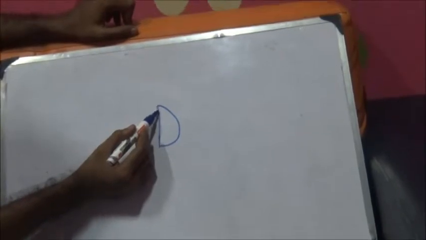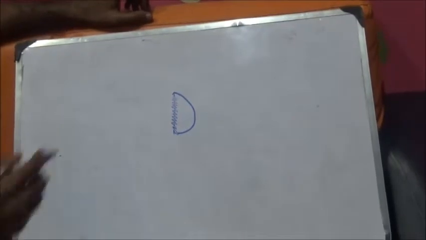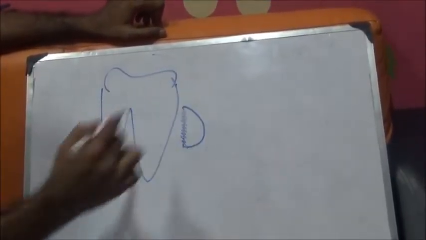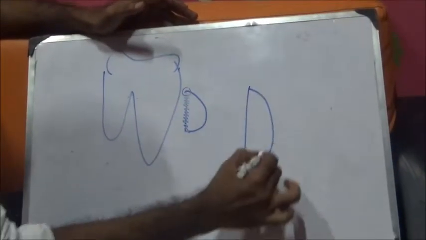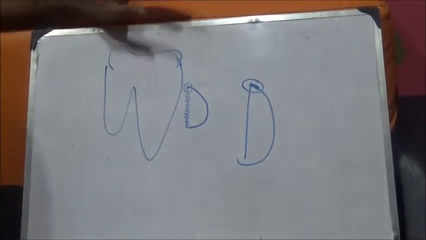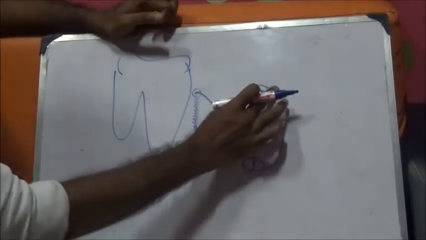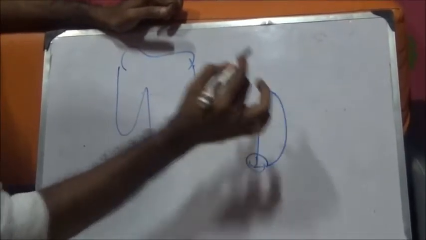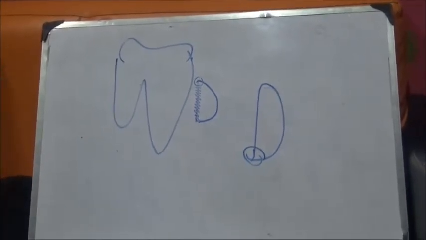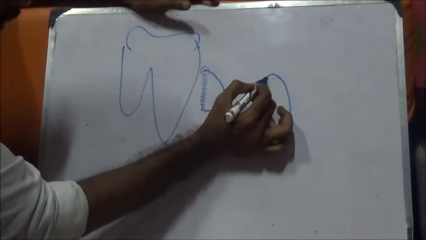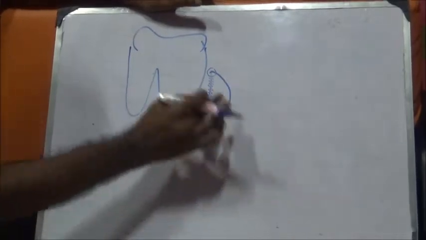If you see some straight elevators, they have serrations here to engage the 8. So the key is this edge. This should be sharp. Then only it will engage the 8 properly. By usage, if it becomes blunt, it won't engage. You will keep on moving, the elevator will slip, and the tooth won't get engaged. So it is our duty to check whether this is sharp. This is sharp. Now I will tell you how to use the elevator.